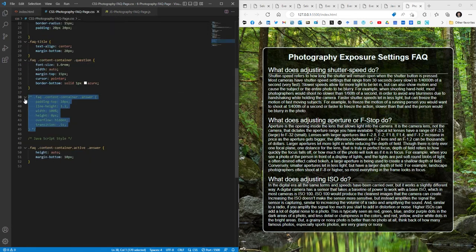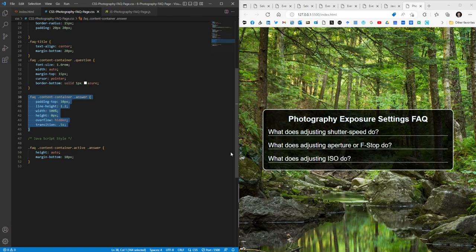Okay, and if I uncomment this out and hit save, this is what we have. Okay, this is all hidden. So we're going to use JavaScript to pop them back open. So the way we're doing it, and I'm going to comment these out line by line to explain it a little bit,